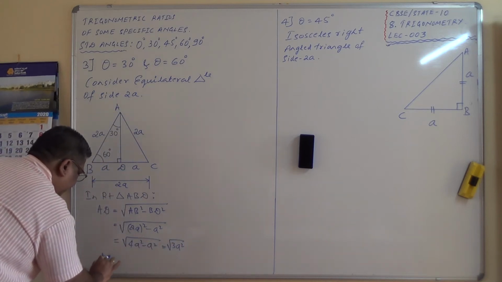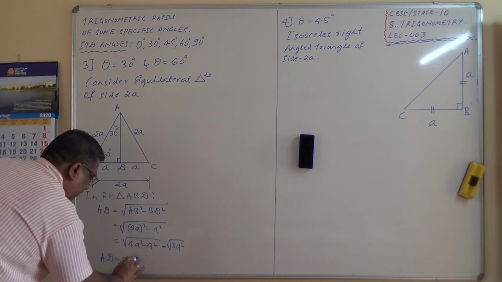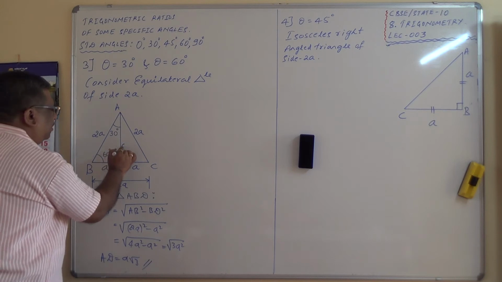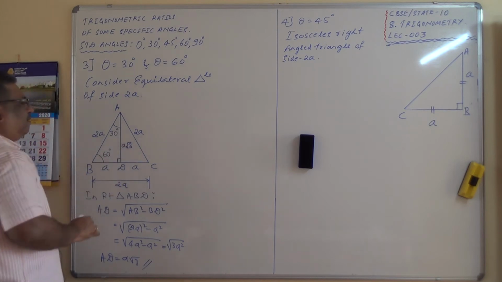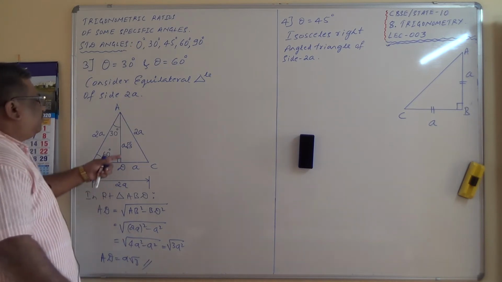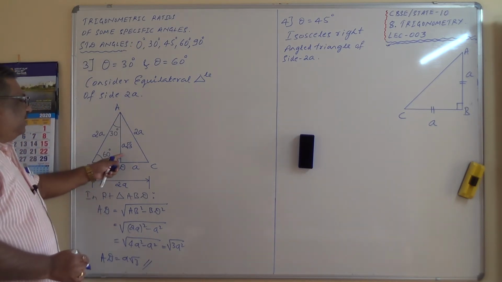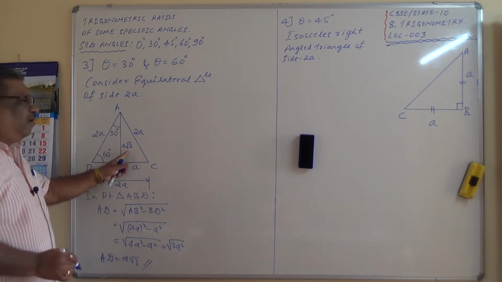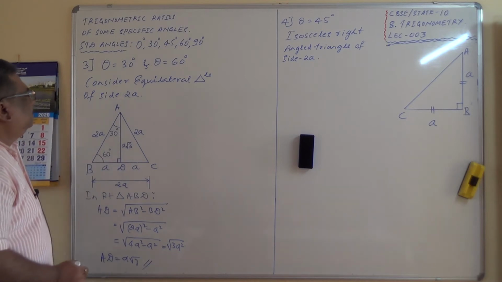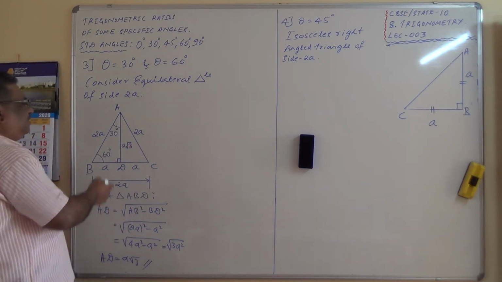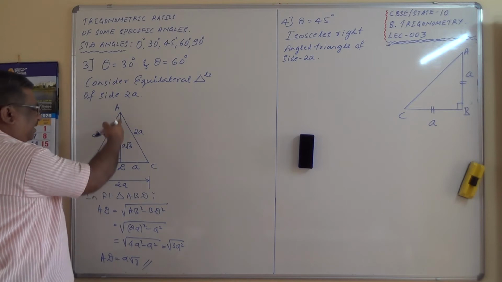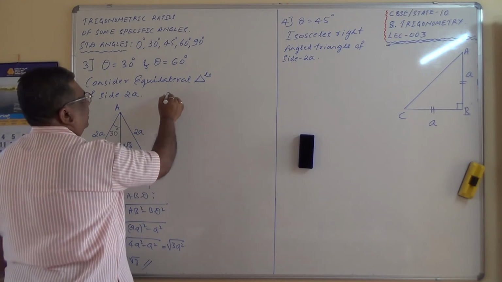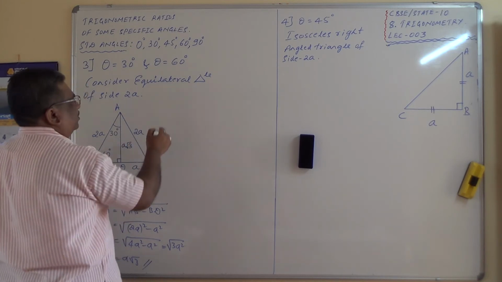Therefore AD equals A root 3. So this is A root 3, or root 3 times A. It is better to write root 3 times A, but you should not get confused that it is under root of root 3A. No, it is A times root 3 or root 3 times A. So let us take the ratios over here. First 30 degrees. So reference angle in right triangle ABD, reference angle is 30 degrees. So here I'll write the triangle in which I am considering the T ratios.